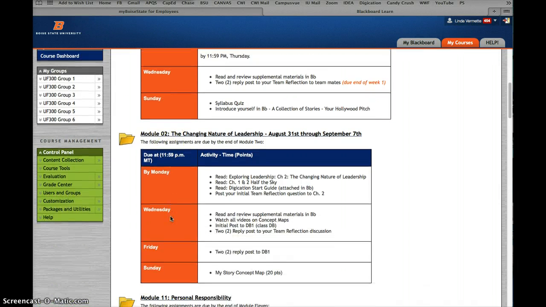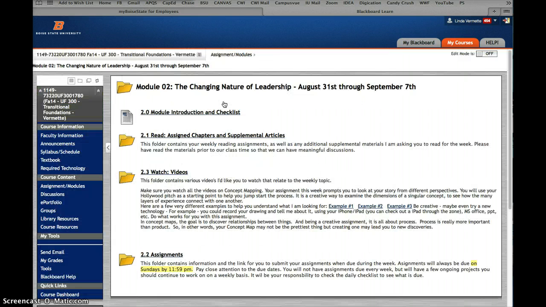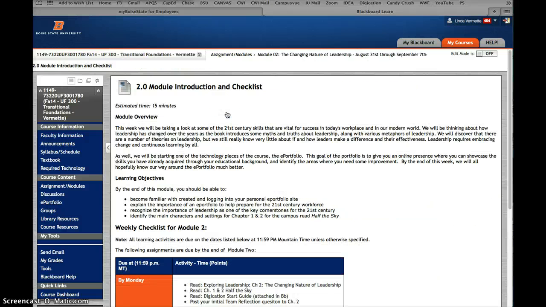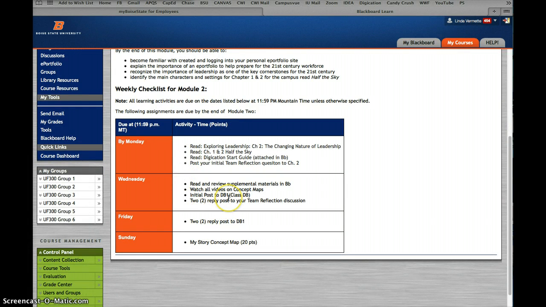Okay. So I'm going to open up Module 2 because that's a more expansive module, and you'll see just about everything that you need to see in that example. The first thing that you'll notice is that there's an introduction and a checklist. So if you click on that, it will give you an overview of what you're going to learn in this module, and it once again will give you a very detailed